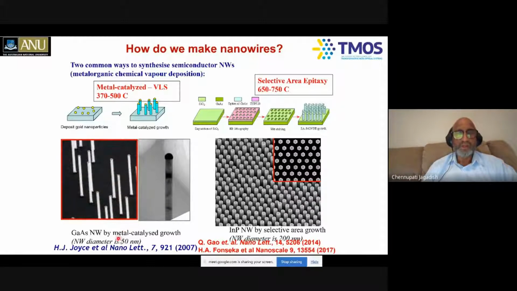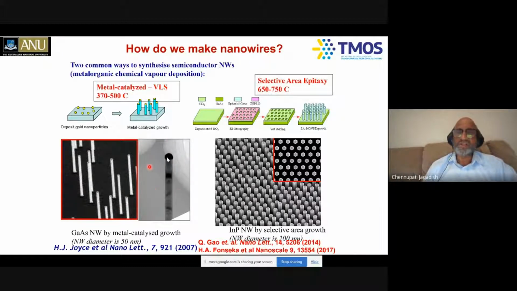You can see these are using the 50 nanometer gold nanoparticles, and we're able to make these beautiful cylindrically shaped gallium arsenide nanowires using this 2-temperature growth process. Lots of times, nanowires are always tapered. By using this 2-temperature growth process, starting the growth initially at a high temperature to nucleate it, and then reducing the growth temperature later, you reduce the lateral growth and you end up getting these beautiful cylindrically shaped nanowires, which are important for making lasers and other devices.